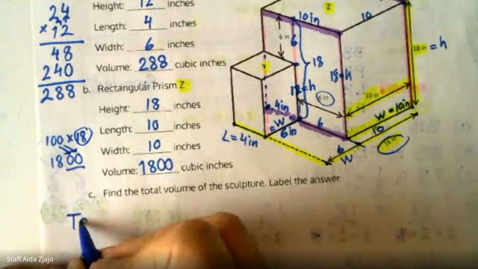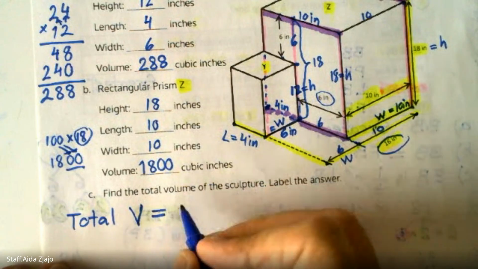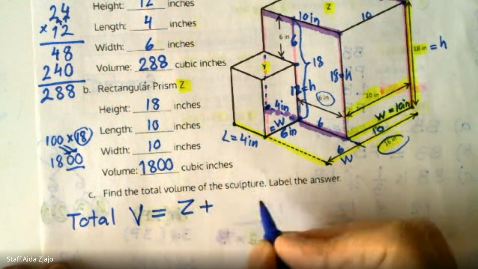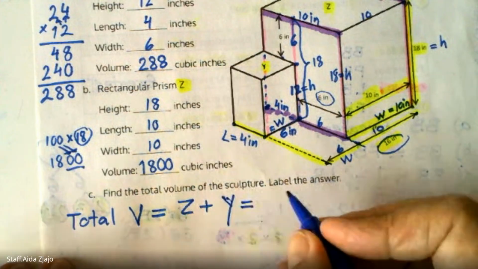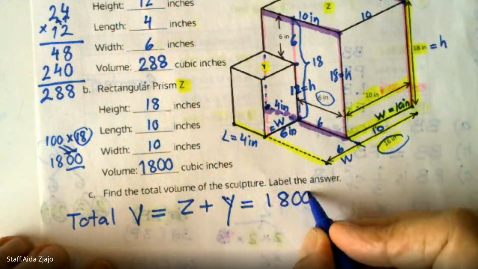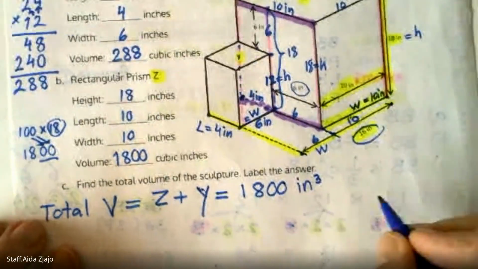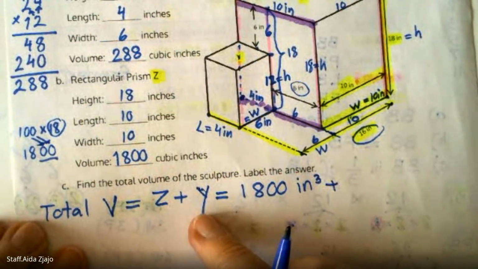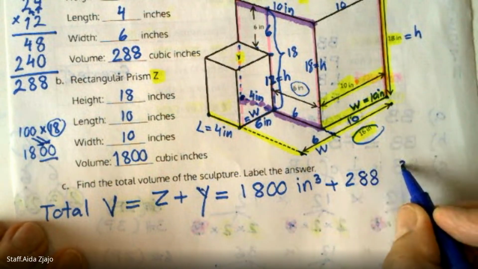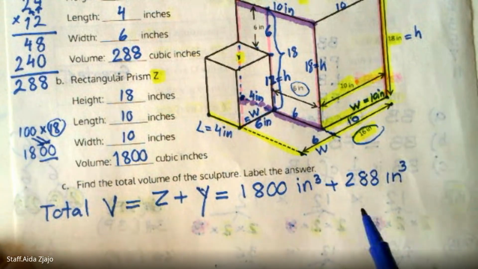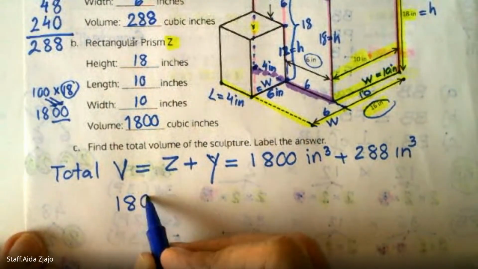So the total volume equals sculpture Z plus sculpture Y. Z is 1,800 cubic inches, inch to the power of 3, plus Y is 288 cubic inches, and then we can add them by doing 1800